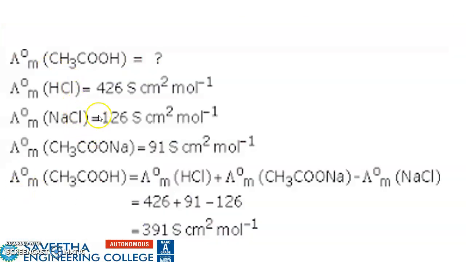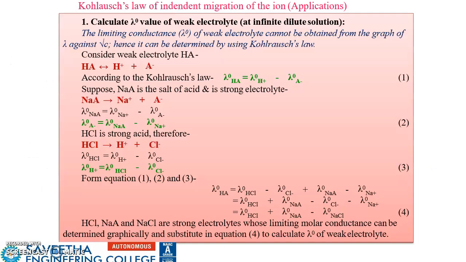To have a better understanding, I have given a sum. See, to calculate lambda infinity of acetic acid, we are taking into consideration lambda infinity of HCl, NaCl, and sodium acetate. So HCl and sodium acetate are added, and NaCl is subtracted, which will give you the value of acetic acid. So this is the first application, and the first application is to calculate the lambda infinity value of a weak